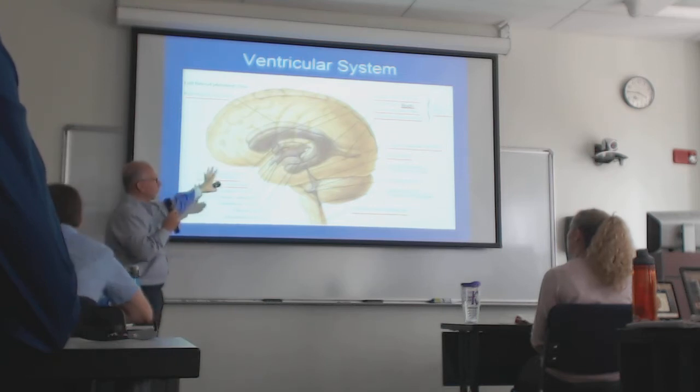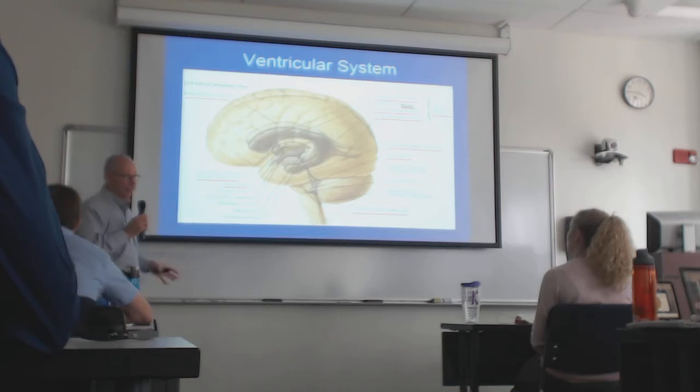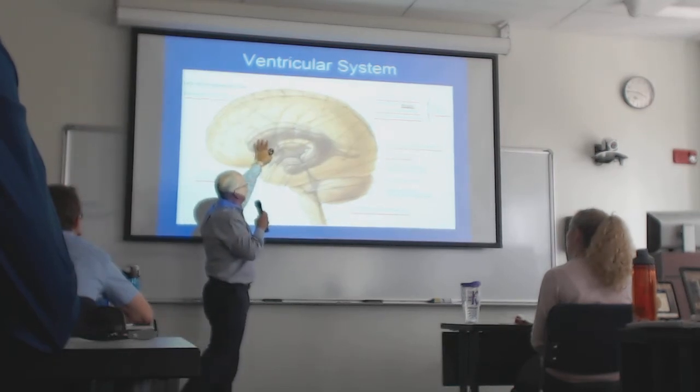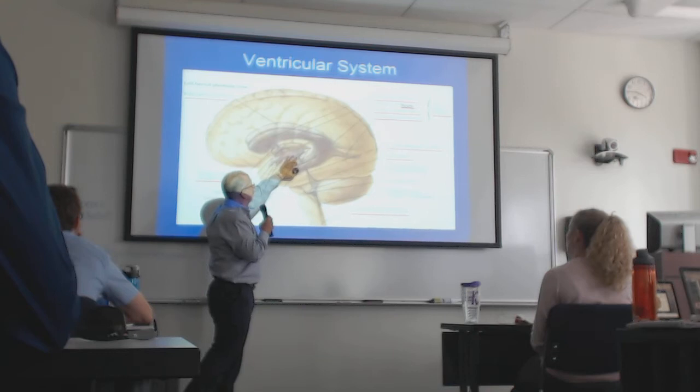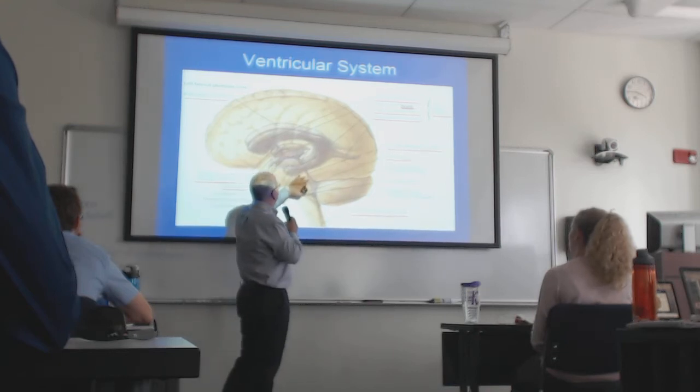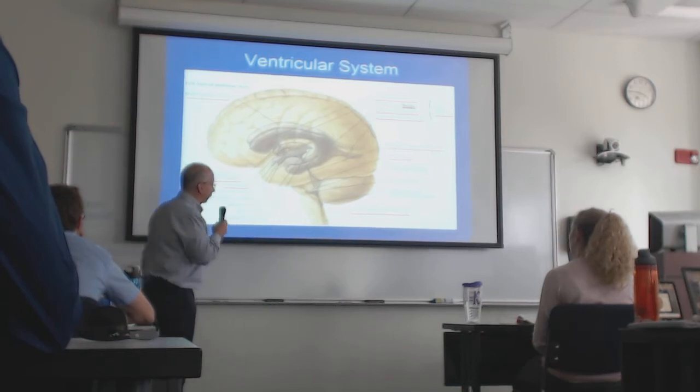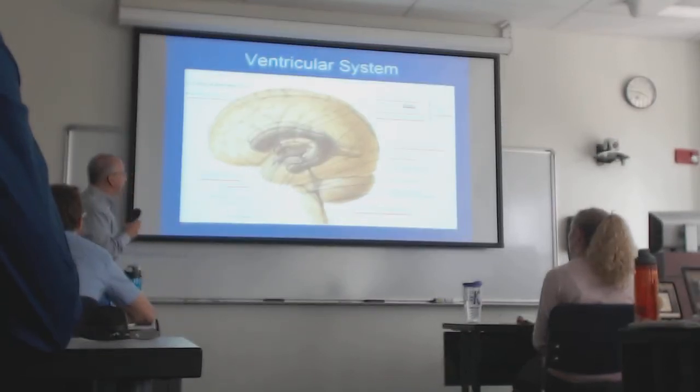And then, of course, there's the very complex ventricular system, which is difficult to wrap your arms around. But actually, this is a nice picture of it. Two lateral ventricles, third ventricle, foramina of Monro, right? Here's fourth, and then we get into the central canal of the spinal cord.